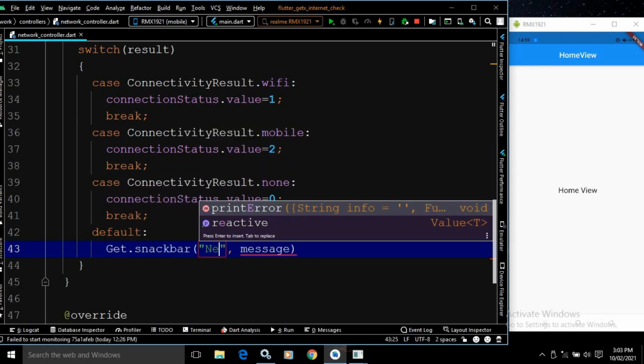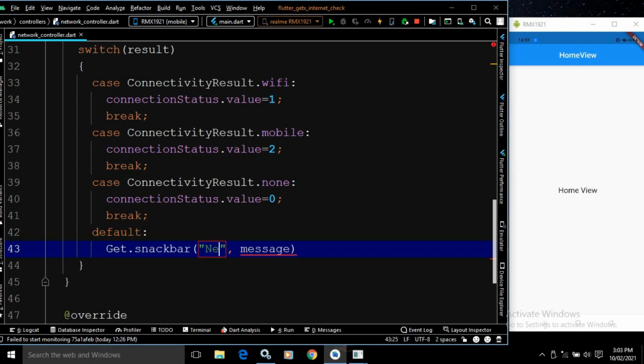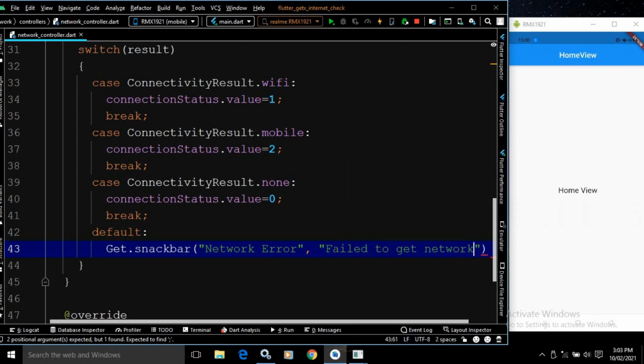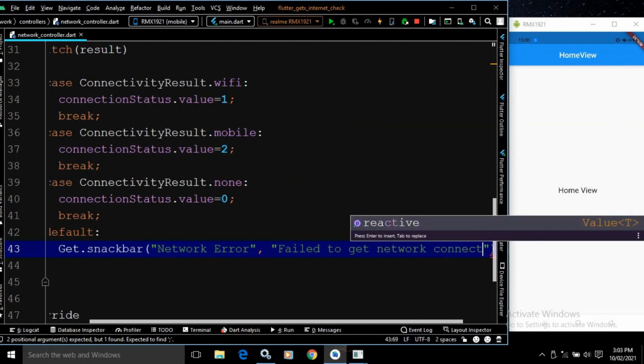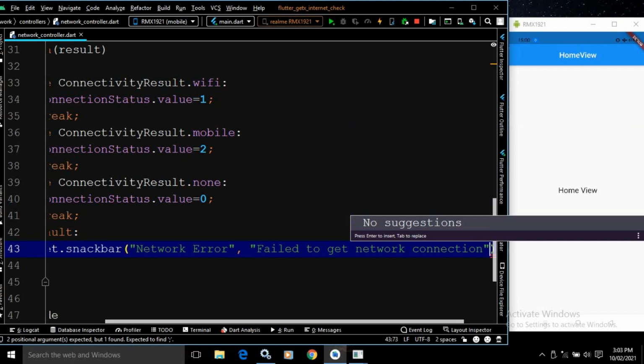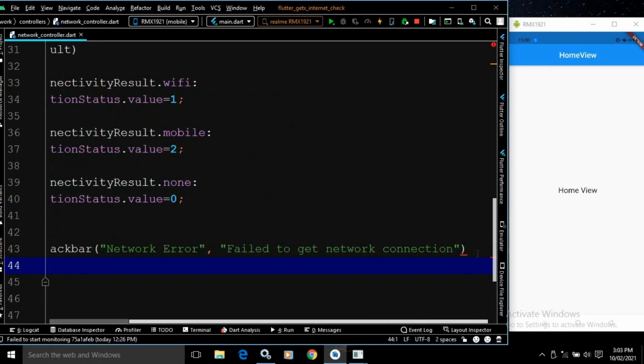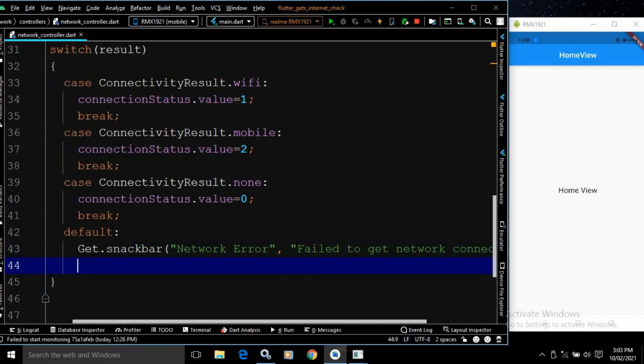Here I will give the title as network error, and here I will give the message as fail to get network connection. Okay, now let me give a semicolon here, and after that here I will use break.